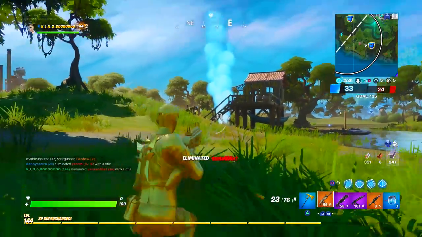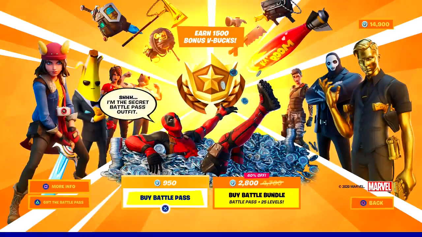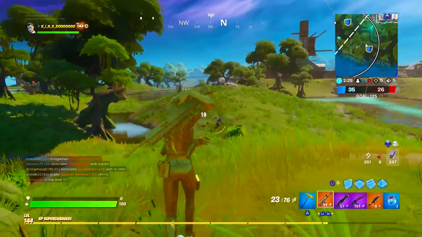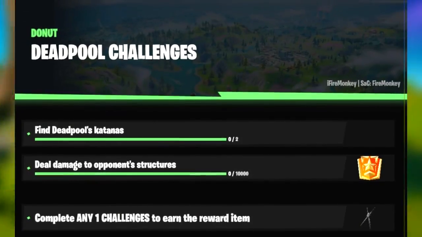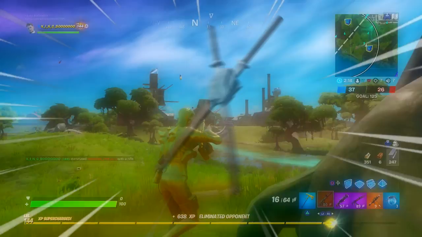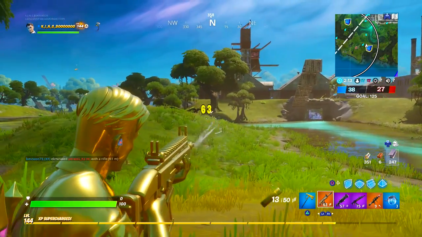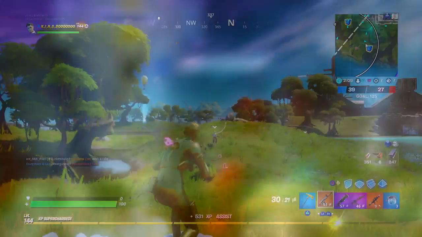So with the days passing now, we're rapidly approaching the week 4 challenges for Deadpool, releasing on a separate day to the weekly challenge sets that we normally complete every season. Despite these not being released yet, data miners have been able to go into the files and find week 4's challenges. Not only that, but how we can complete them to earn Deadpool's Katana back bling, which is also directly associated to find 2 of these katanas scattered around either our HQ or in the map, and we're going to be showing all the locations or possibilities for where they can appear in this video,